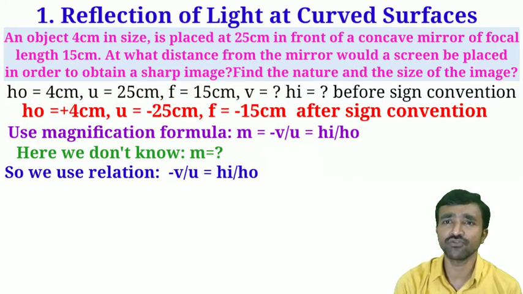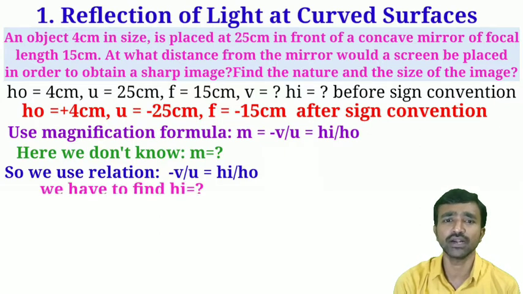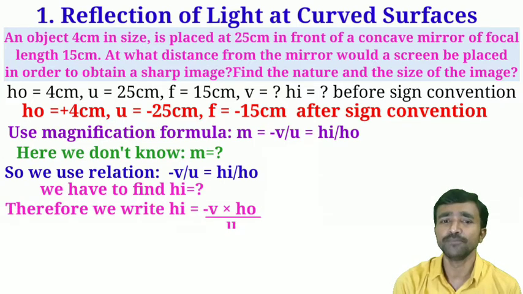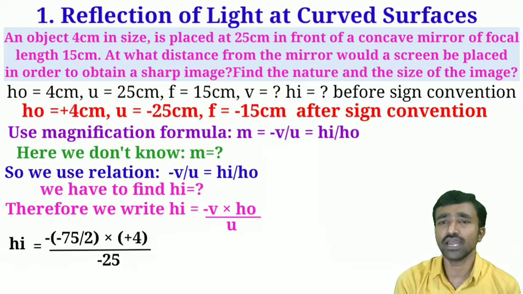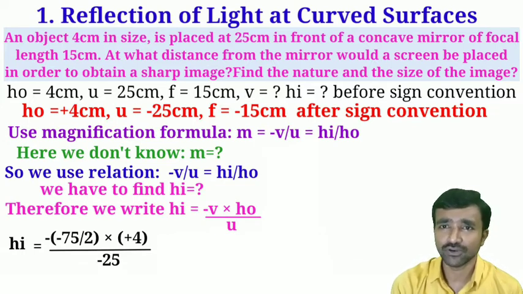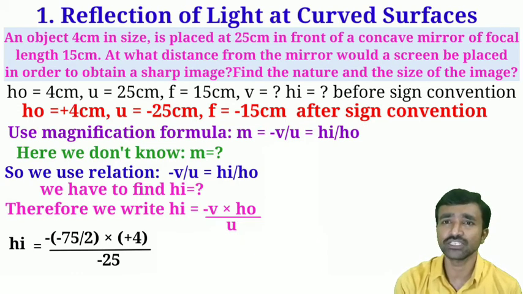So from this I need to find out the height of the image, hi, is equal to, so the remaining will be transferred. Here hi is equal to minus v by u into h naught. So here substitute the value of v, h naught and u in the given formula. That is, v value is, here you got 37.5. So I will not use that remaining value as a fraction. As it is, I am substituting for easy calculation purpose. So here v equal to minus 75 by 2. But here don't forget to drop that minus already given in the formula.